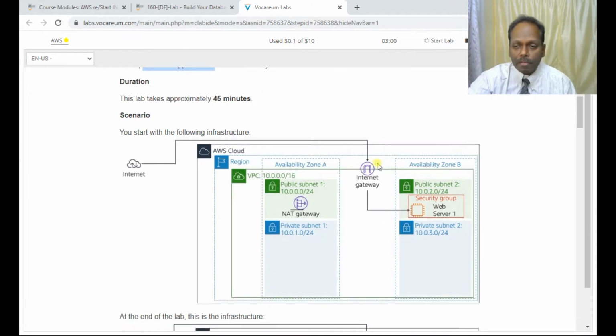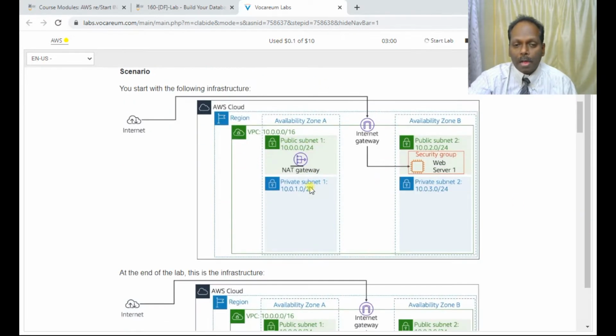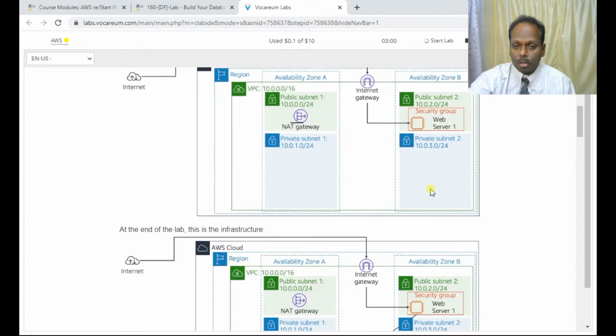This is the scenario which is available. You have this VPC with the CIDR 10.0.0.0/16. We have a public subnet and a public 2 subnet. Public subnet 1 and private subnet 1 are connected using a NAT gateway. This is again the standard VPC, and we are connecting through this internet gateway. We also have a web server, along with that web server, in the public